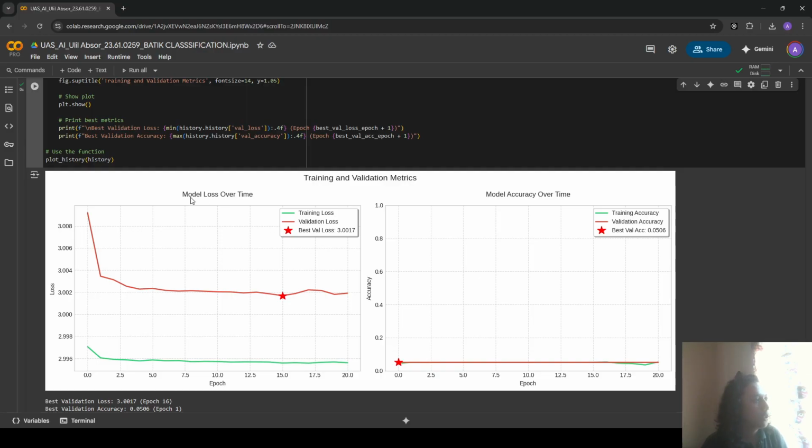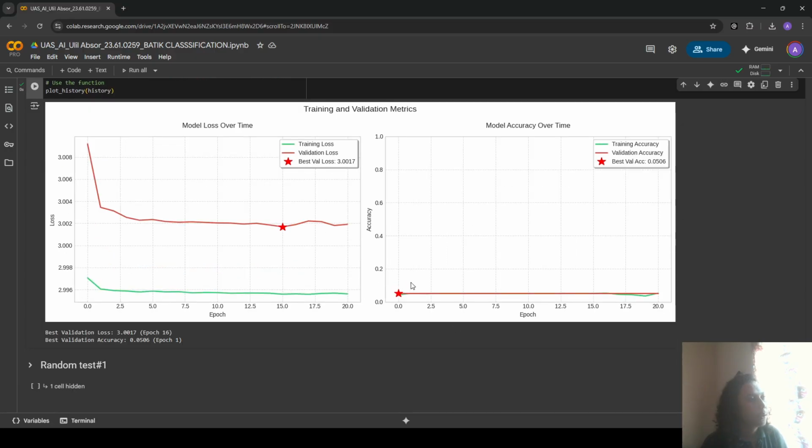It shows that the model loss over time has a big gap between the training loss and the validation loss. And the model accuracy has a little gap between the training accuracy and validation accuracy, but we see that the accuracy is going flat.